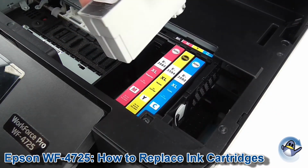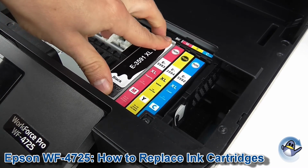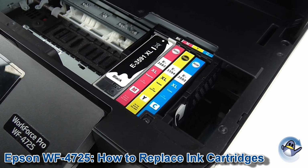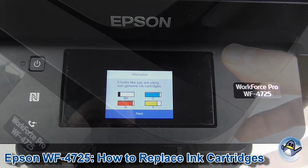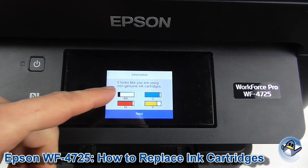and then we pop in our replacement cartridge, press it down till we hear a click. There we go. And then we can lower the top of the printer again. Now using the handles at the side. Now, if you'd actually replace the cartridges, rather than me sneakily popping the same one back in, you'd have all